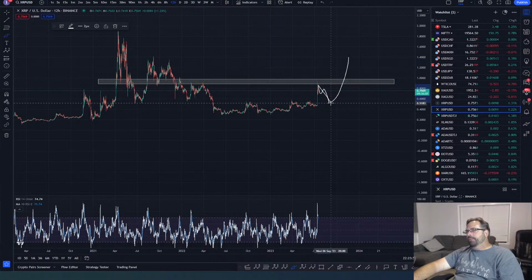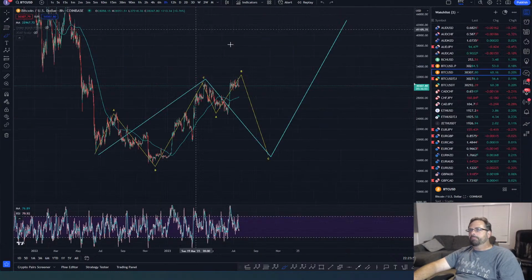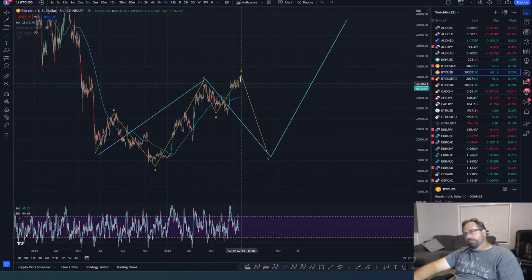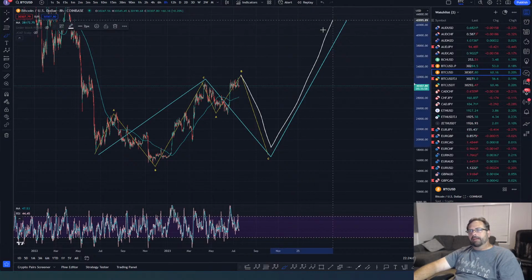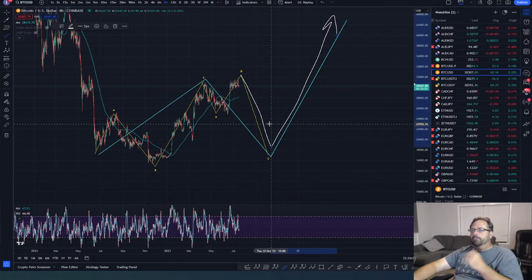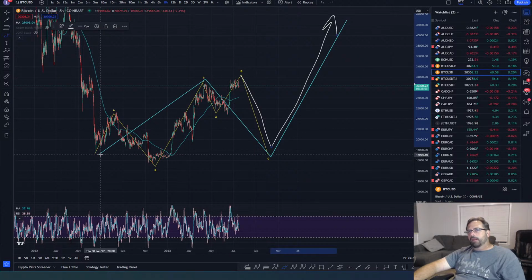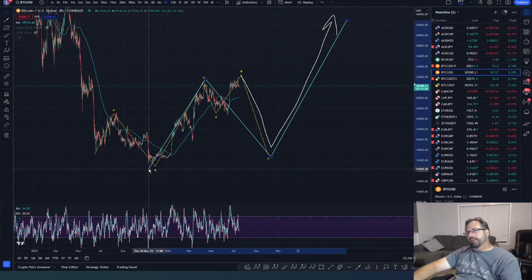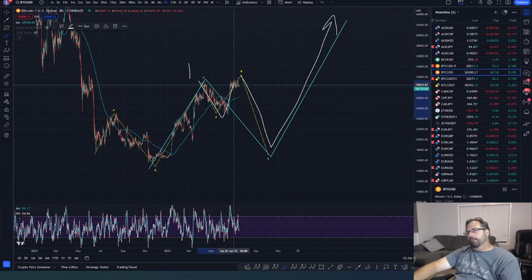So that moved to the downside and then back up. That's very plausible for Bitcoin, this move to the downside and then back up later on. In which case, instead of calling this a WXY, we could call BTC a 1 and a 2. And that would be a 1-2 count. Boom. And then we go.